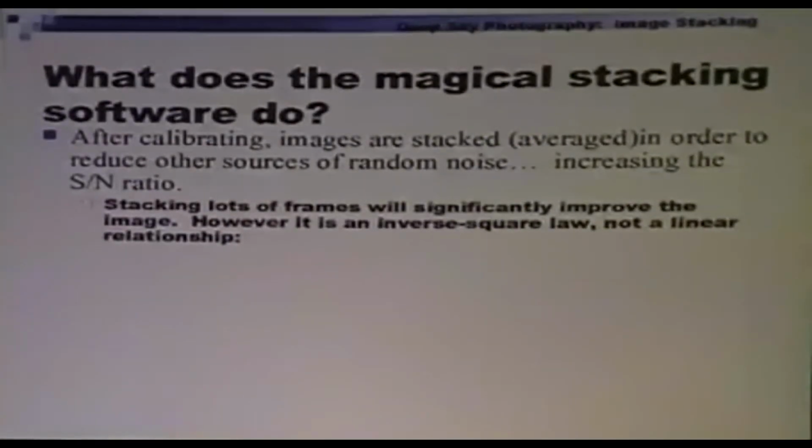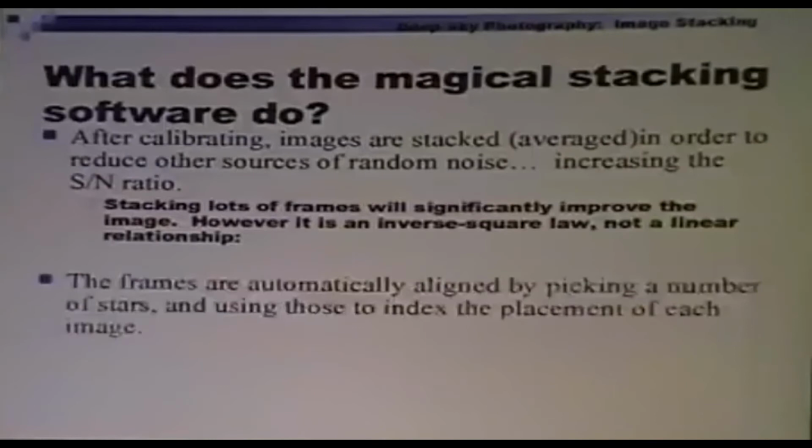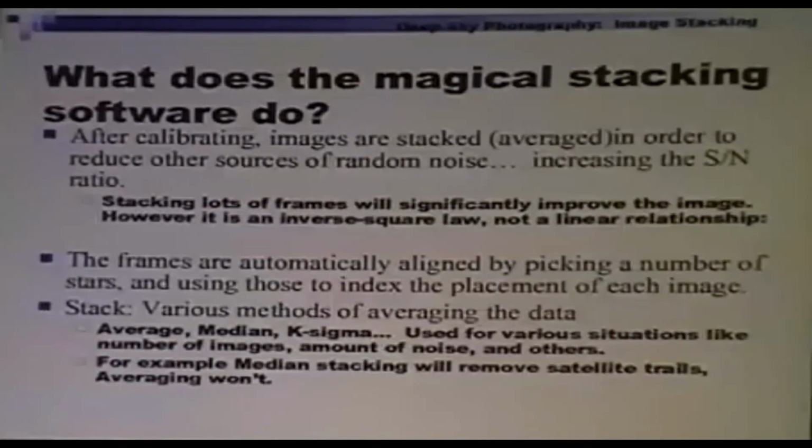This is what the magical software is doing. It's calibrating and stacking them, and I mentioned the inverse square law before. They're automatically aligned, and I mentioned that when I was telling you how to choose the number of stars to align with. There are lots and lots of different methods. That auto-adaptive AHD method is probably the best one,